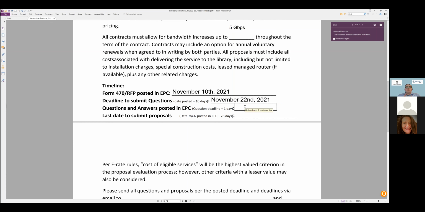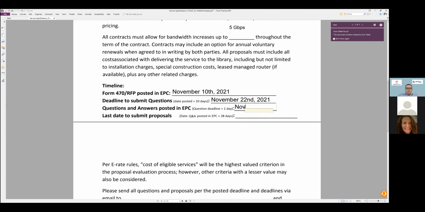Once you reach the end of that period, you'll want to take a look at all the questions you receive and draft some answers. If you have any questions about the questions you received, or if you want help drafting answers that are appropriate to those questions, let us know and reach out to LCT, and we can help you work through those. Because one day following that question deadline,